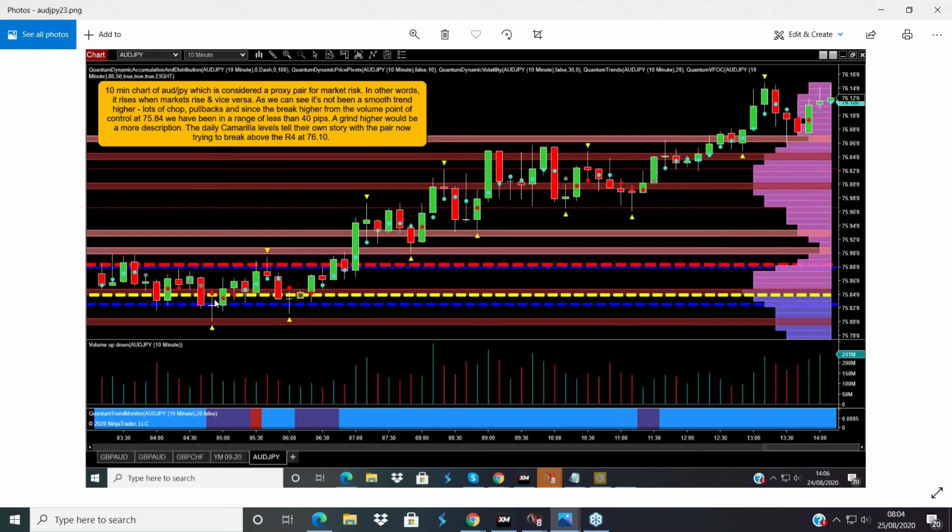Conversely, when it acts as support, you also know that it is going to act as a very strong support line. And what you also use with these lines is you would also use it to help you with your stop loss, and also as a potential, if you like, target or price objective. Now, I know this was in a trend. Why do I know this is in a trend?